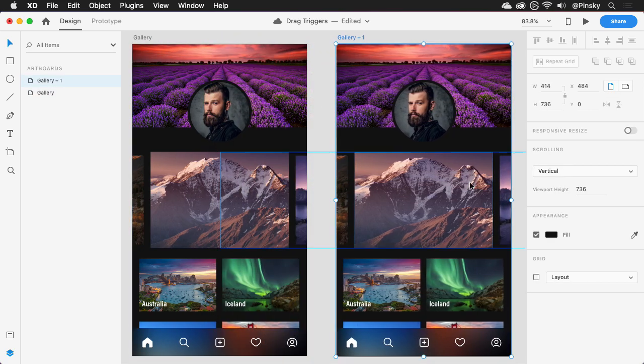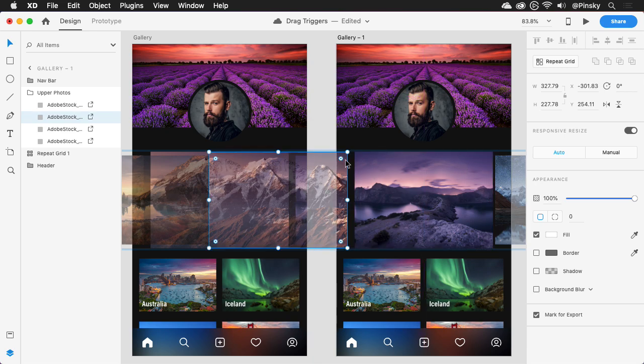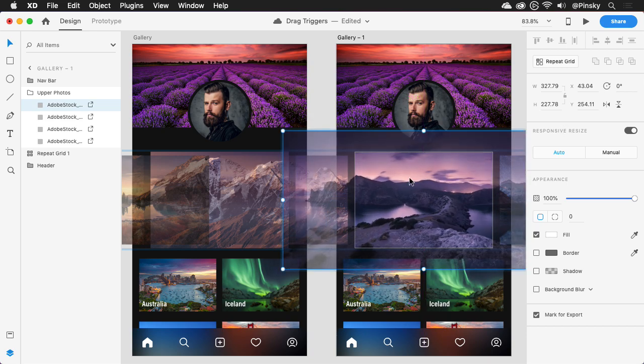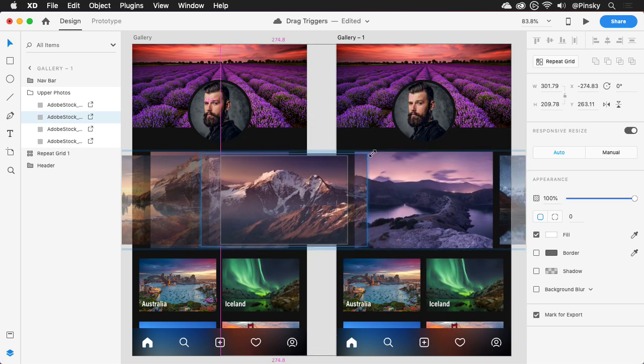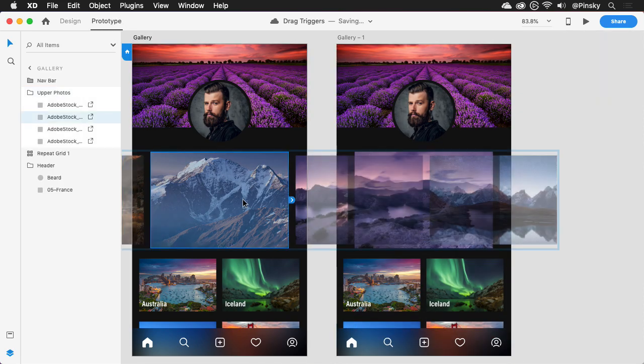Duplicating the artboard over to the right, move and transform the various layers so that the next card is front and center. And for added effect, you can jump into the mask and transform the images. With both states now ready to rock, hop into prototype mode and select the card you wish to initiate the